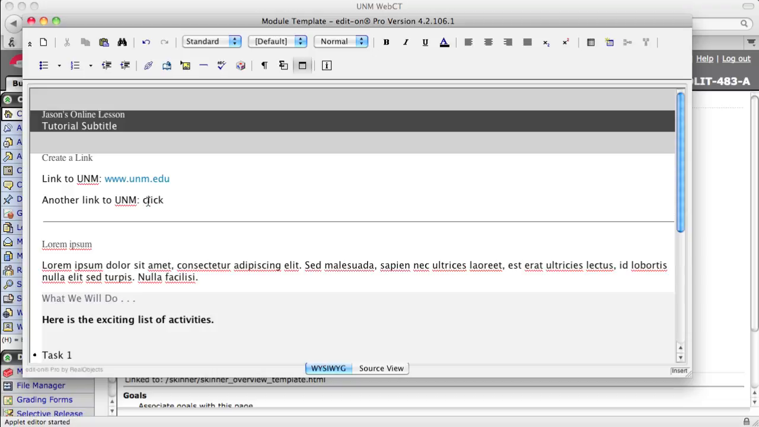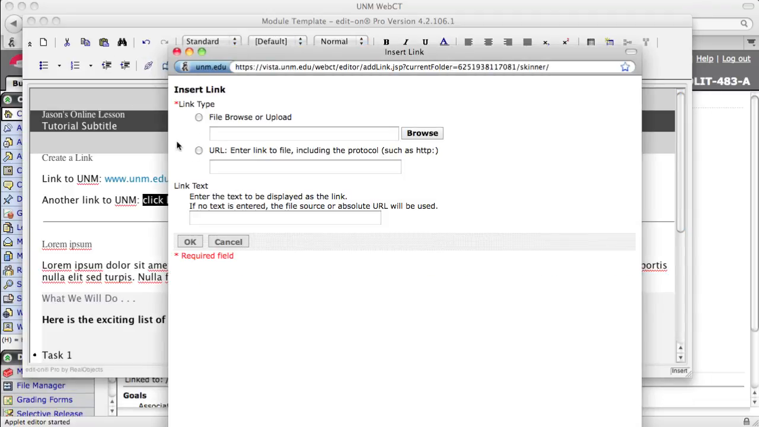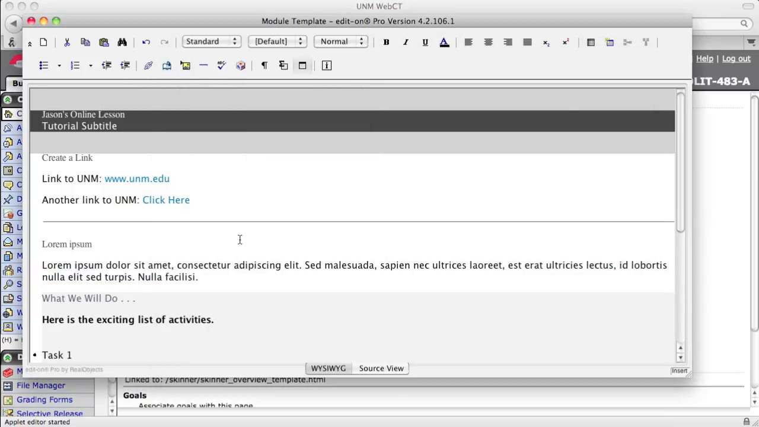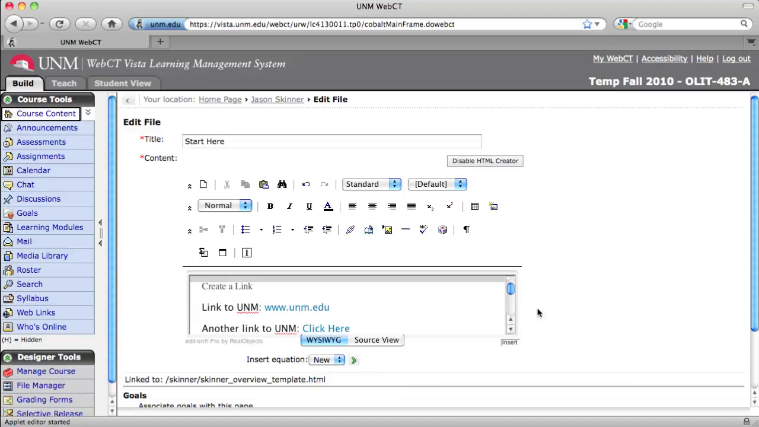So to have my text that says click here, I need to put my URL, and I need to type click here in the link text box. And when I do that, now this is hot. So once you're done inserting your link and doing the other editing that you would like to do on your template, you can close the editor,